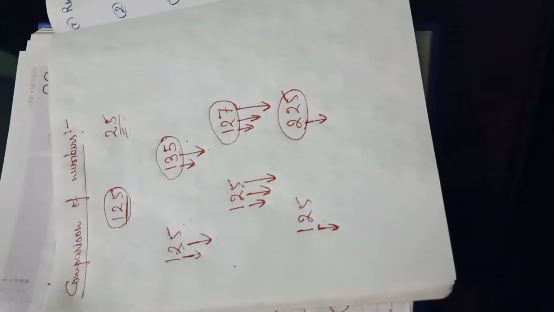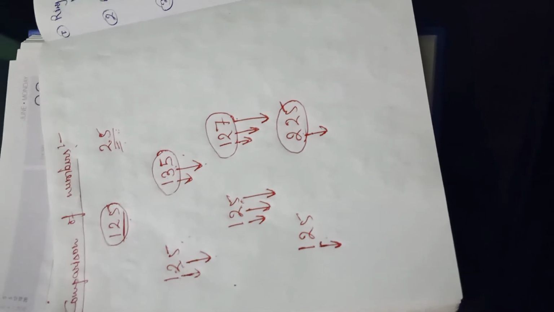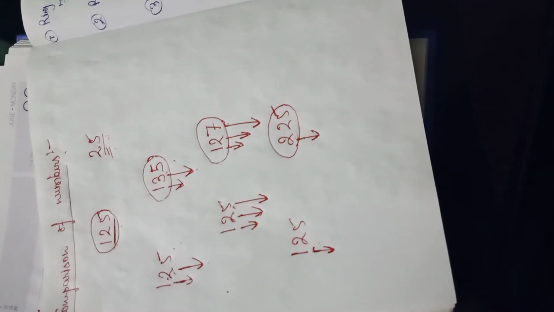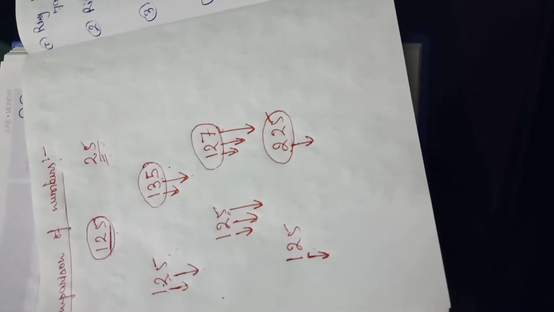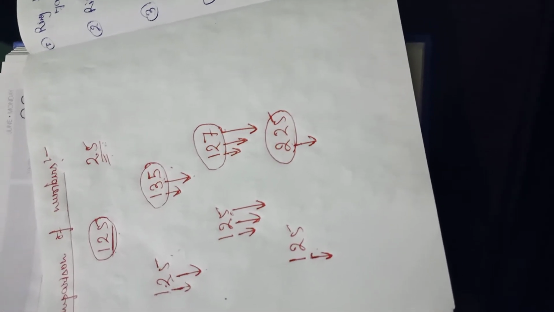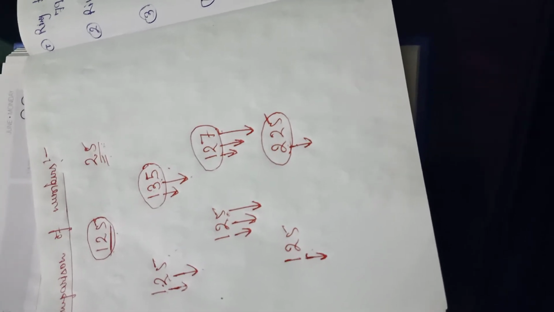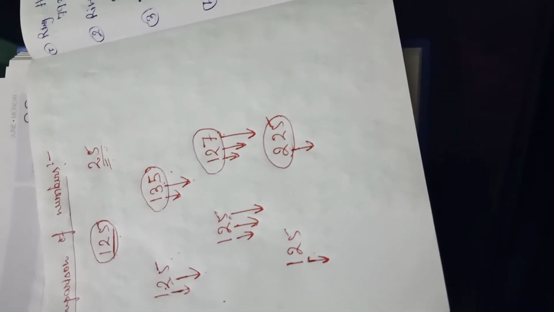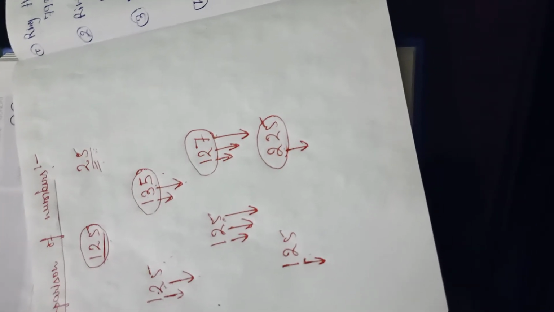So when we get numbers with the same number of digits, we start the comparison from the highest place value, means starting from the hundreds place. Then if we are not getting any conclusion, we move to the tens place, then the ones place. Okay. So here are some questions from your book.